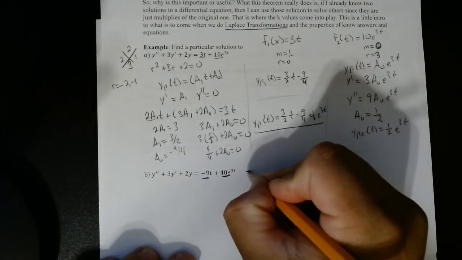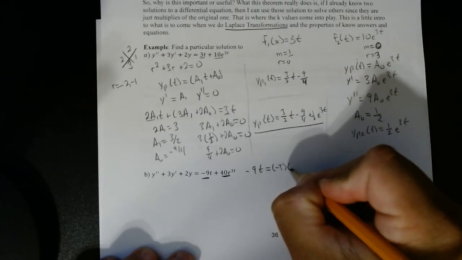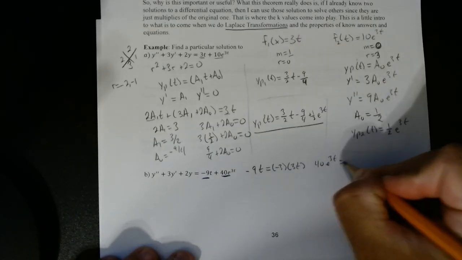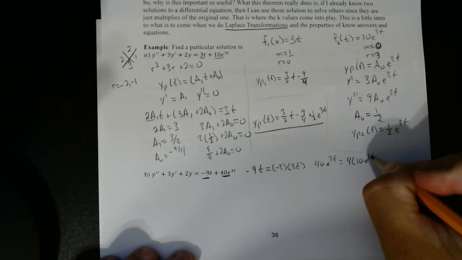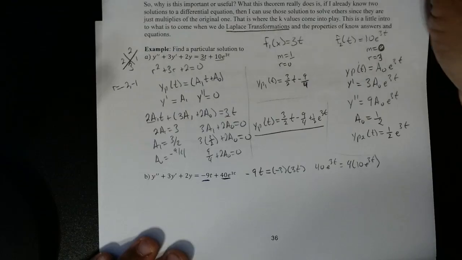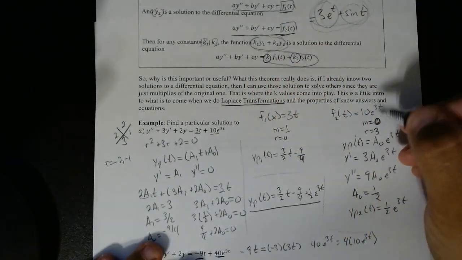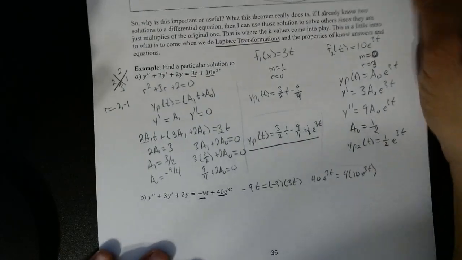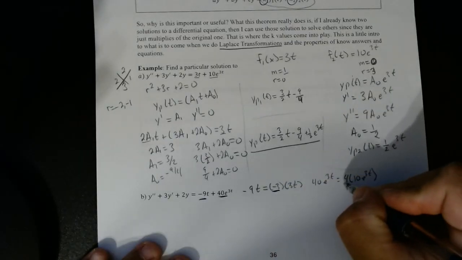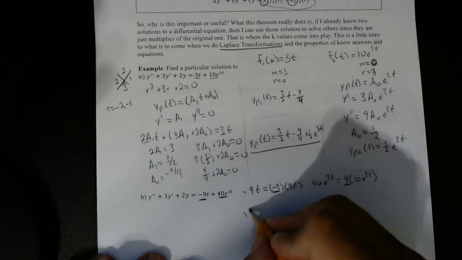So for example, I can rewrite negative 9t as negative 3 times 3t, and I can rewrite 40 e to the 3t as 4 times 10 e to the 3t. Which means it follows this process up here. So this is where these k's come into play, these constants. Okay. So if I already know the initial one, and these are just scalar multiples, all I'm going to do is multiply each individual one by its respective k1 and k2. So if I go back up here, and I just rewrite this,